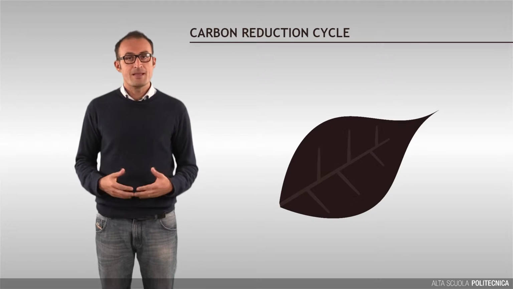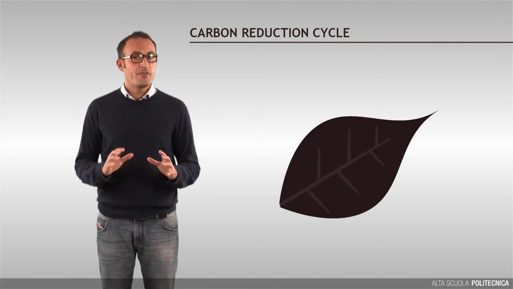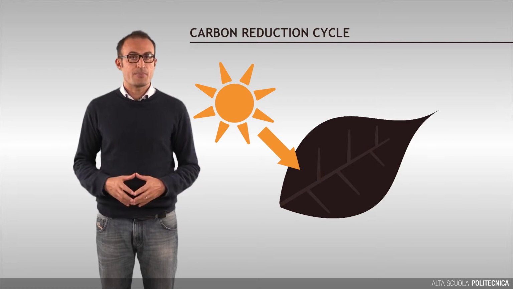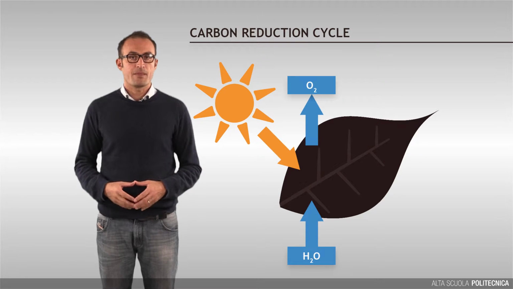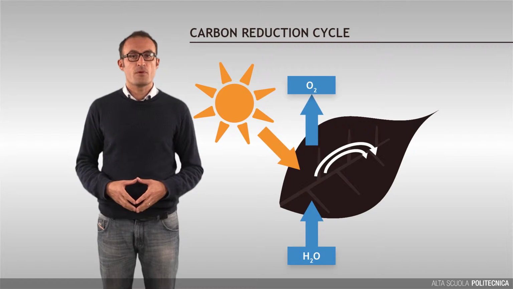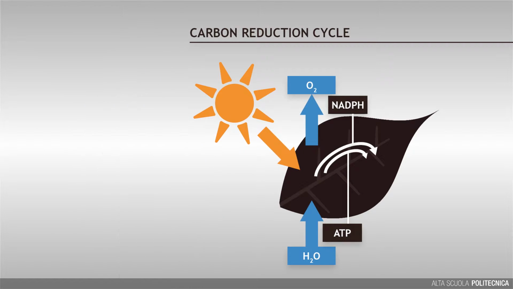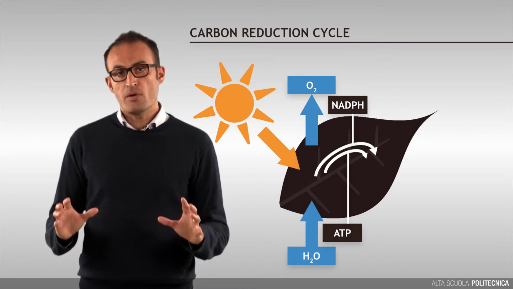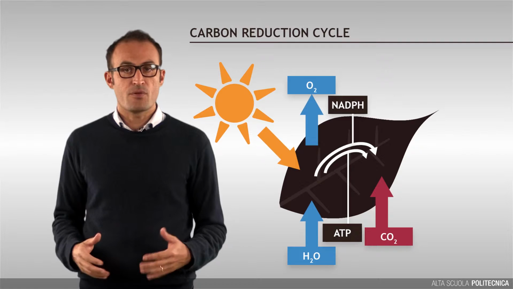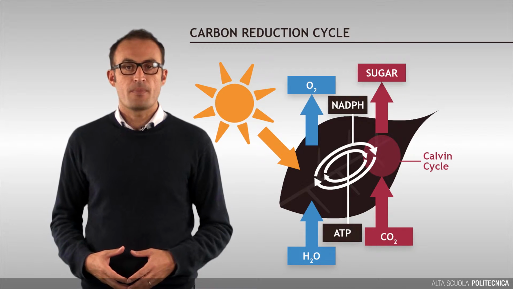Let's have now a deeper look at how the multi-step carbon reduction cycle works based on early findings from Calvin and Benson. Firstly, a light-driven enzymatic process reduces water. Free electrons contribute therefore to produce two molecules, NADPH and ATP. Finally, these two molecules energize the reduction of carbon dioxide to a carbohydrate within the Calvin cycle.